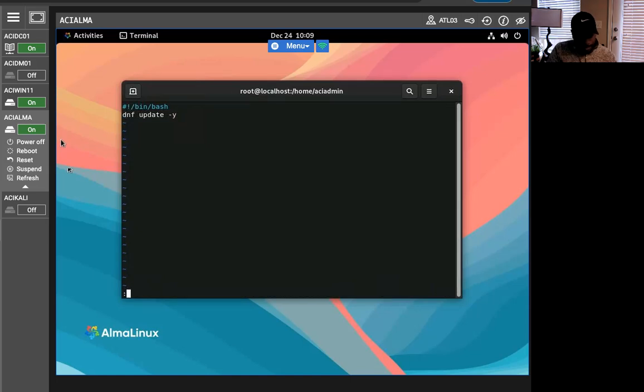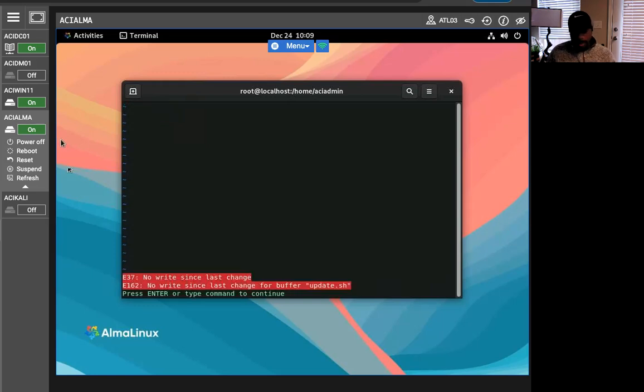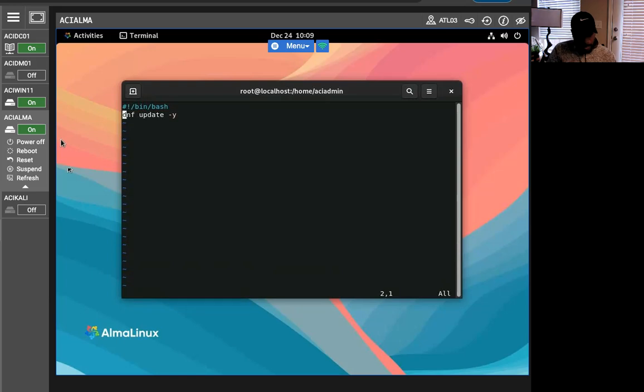There it is. All right, perfect. So the Vim text editor was used to create a script that will check and install the latest updates for the OS. So now back in the terminal, I'm just going to do,